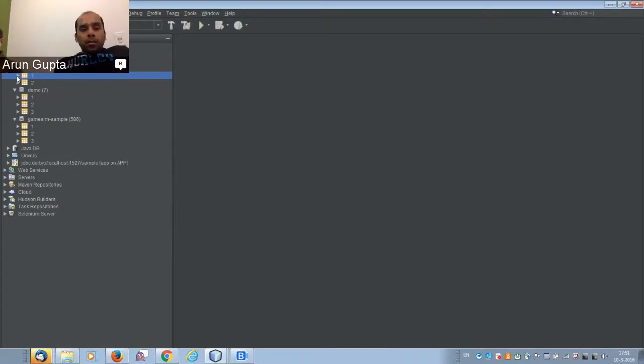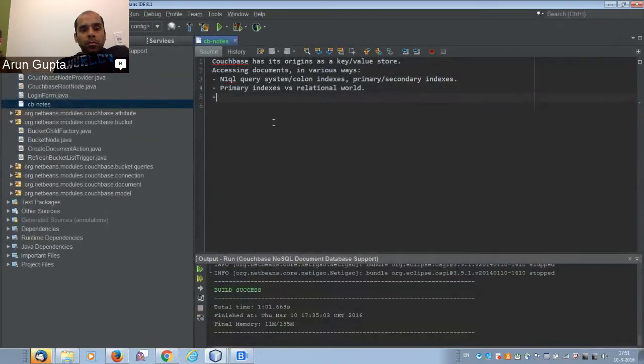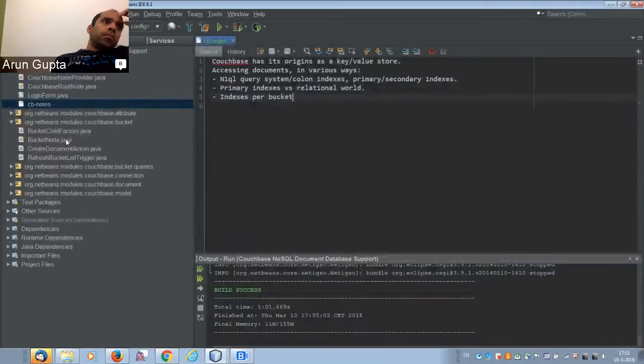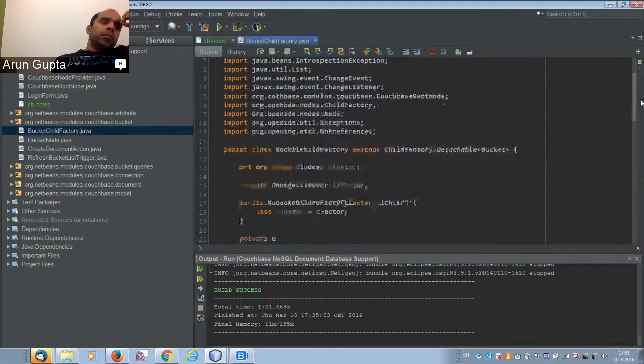That's correct. The indexes are per bucket, and an index is either a primary field allowing iteration or a sequential scan over all the documents in a bucket, or an index relates to one or more fields in that bucket. So they will allow you to do fast lookup of documents in that bucket based on the fields specified in the index.